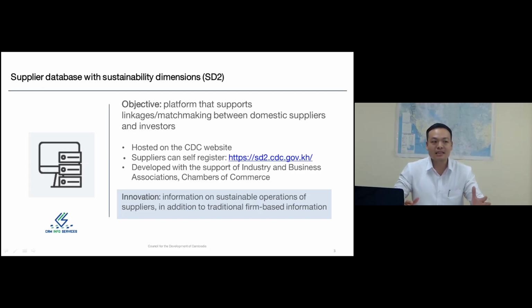Like this company that has the sustainable dimensions, they are prone to growth. They will do more for society. And I will get into more detail on this in my next slide. So the platform is hosted on the CDC investment portal, we call it, the CDC website,